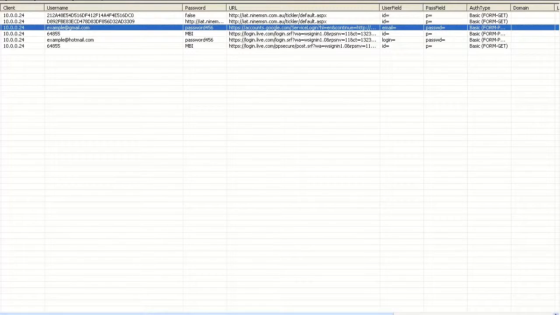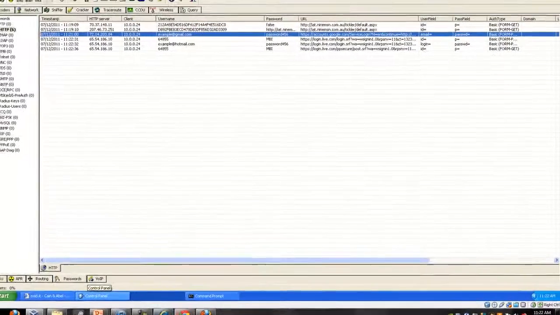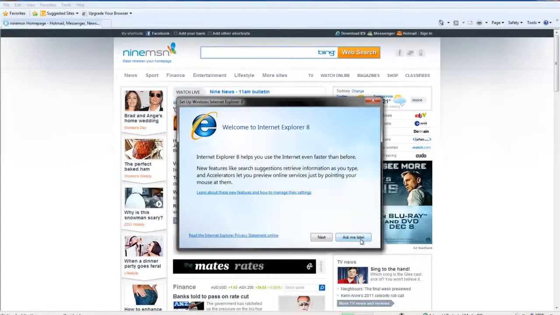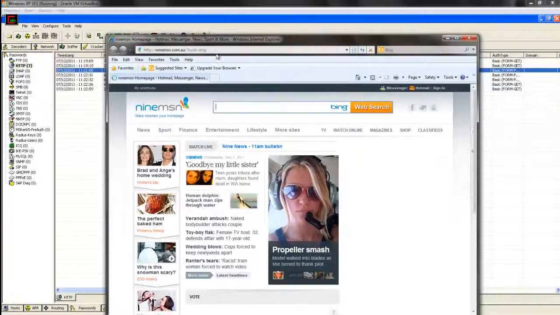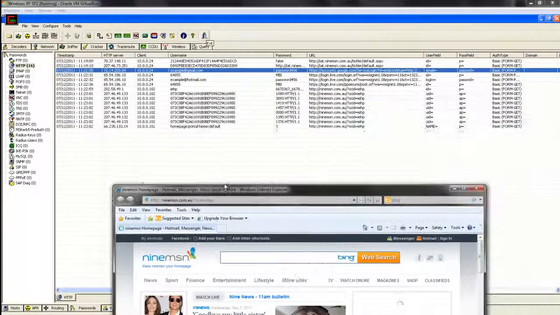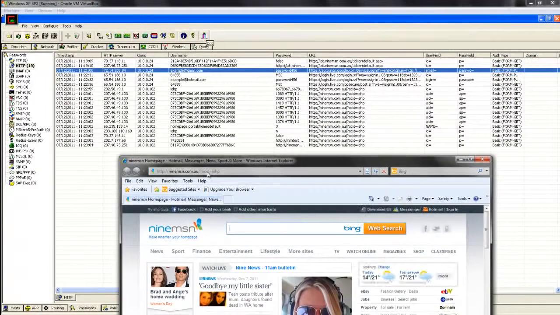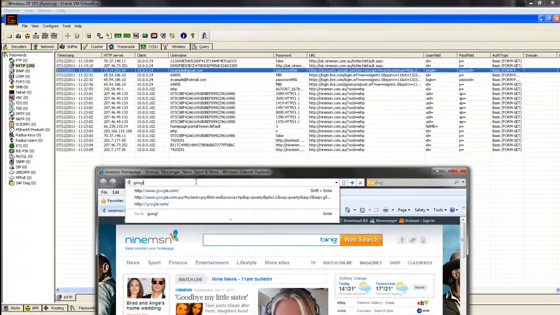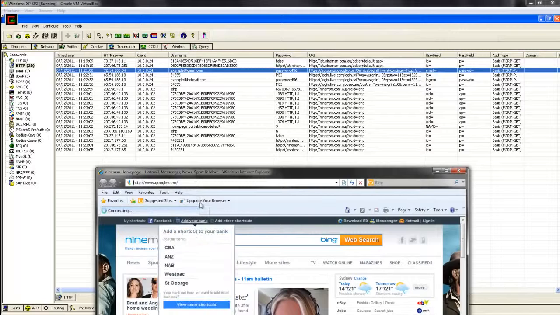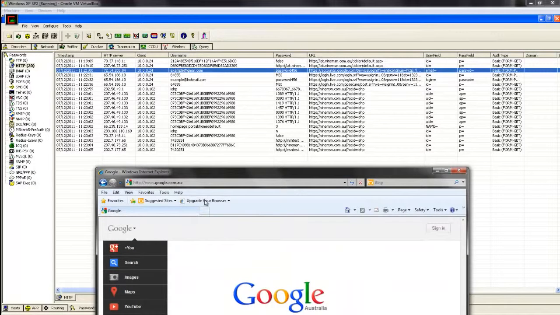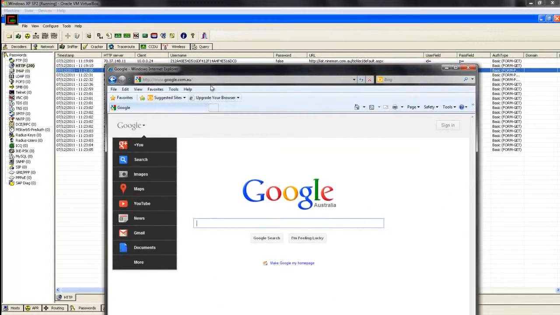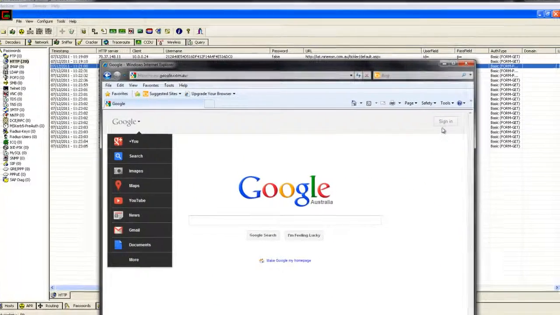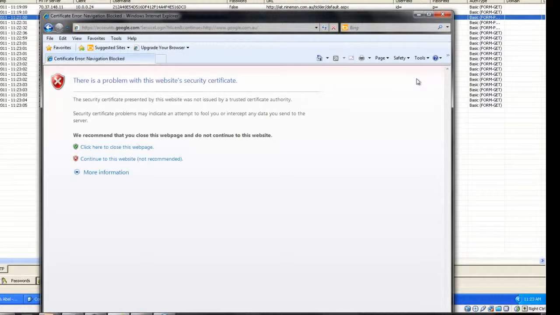Now, let's see what happens if we go into a recent browser. Now, I know Internet Explorer 8. I think it's up to Internet Explorer 9 now, so this is the most recent one. So let's see what happens on Internet Explorer. So I'm just in my actual computer. It doesn't matter what thing you're using, it just works the same. I'm going to sign in. Oh,